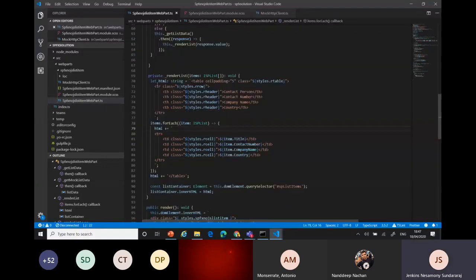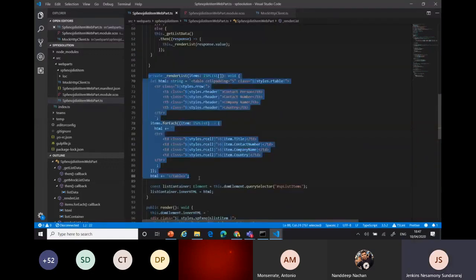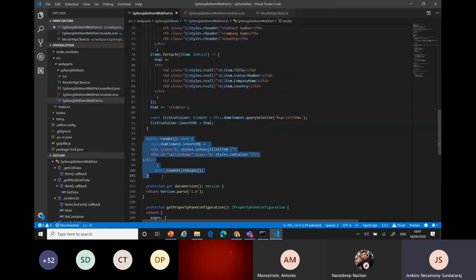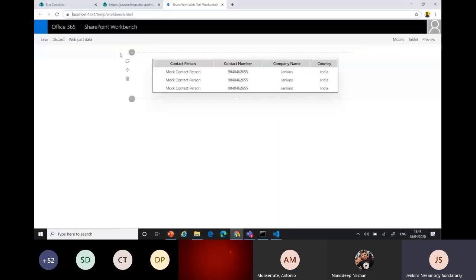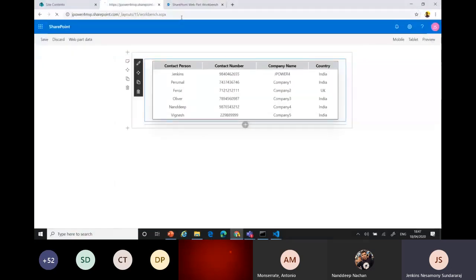And the second part, I can construct the value of the response value, what I got from my request to the SharePoint REST API getting back. Then the value is rendered back to the user. That's in the web part. Here is my HTML construction loaded, and I call the rendering asynchronously. Any update that happens, it will bring that. That's it, and you get the output here in my workbench.